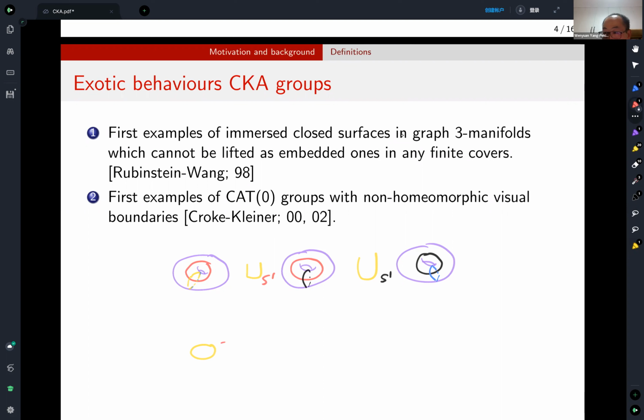Yeah, figure 8. Here we should take black color. So we take a cross of this figure 8 with S1, and this side we take